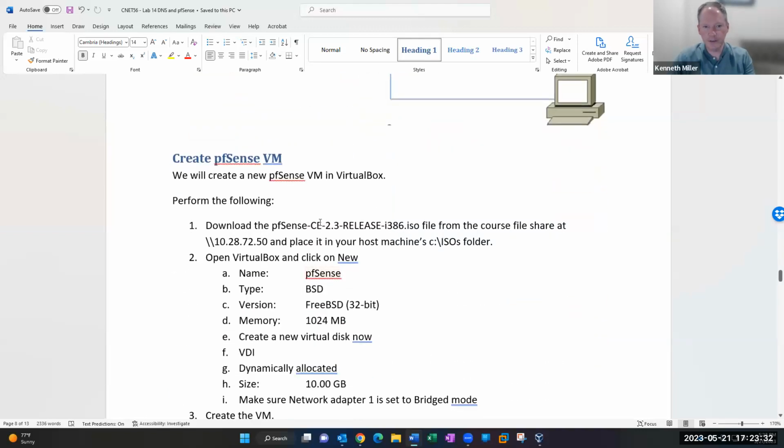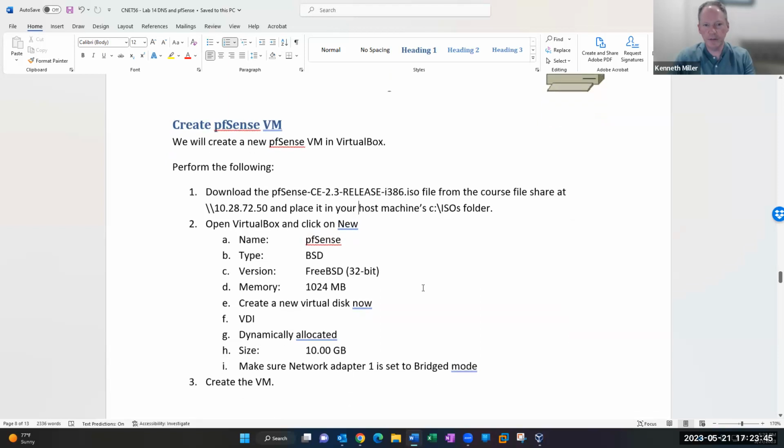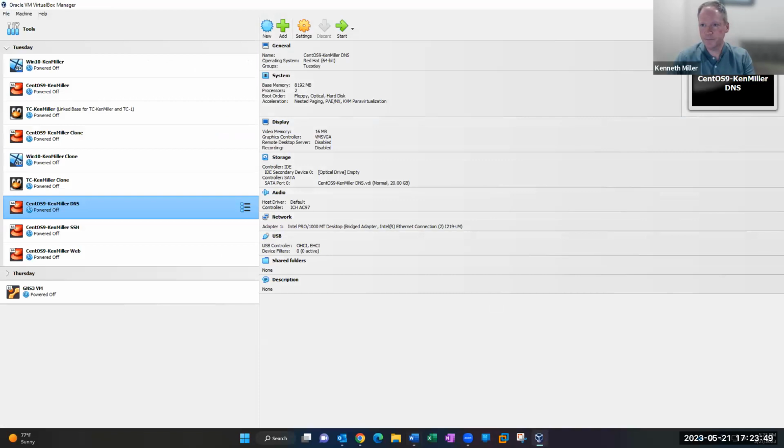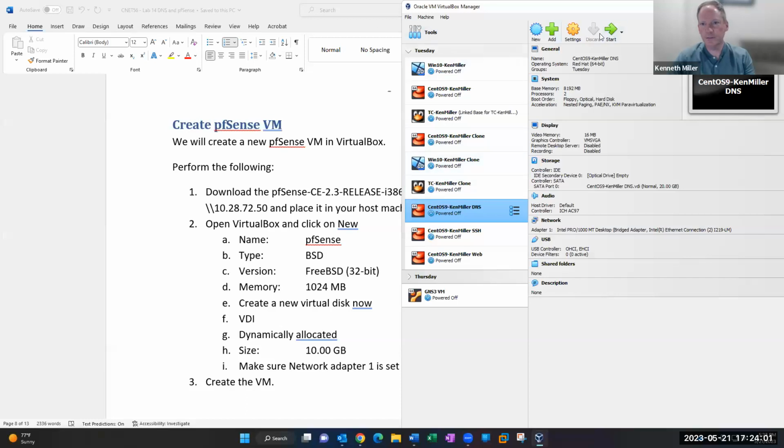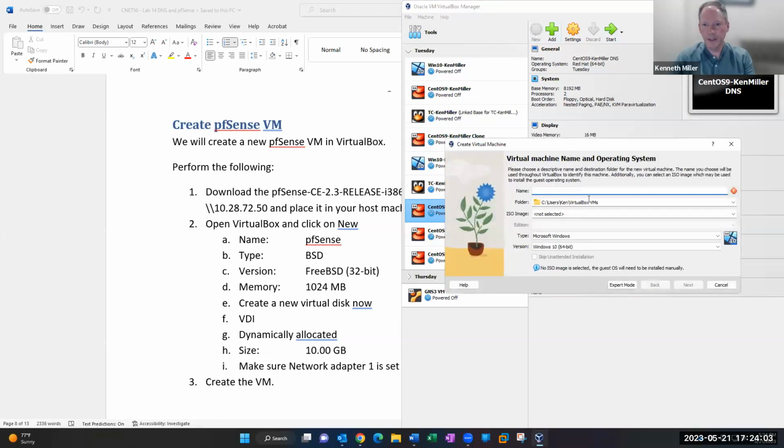So the first thing we need to do is go download this file from our file share here, and then put it in our ISOs folder. So I have that file somewhere else on my computer. I'll show you that in just a second. But now we're going to create a new virtual machine. And let me make this a little bit smaller, just so I can see what I'm doing here. All right, so we're going to click on VirtualBox, and we're going to click New,